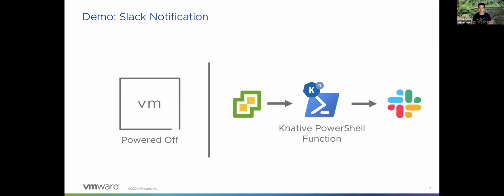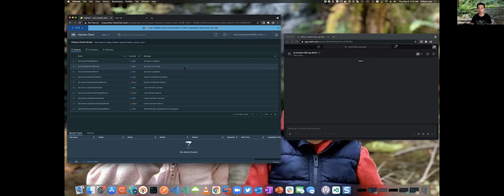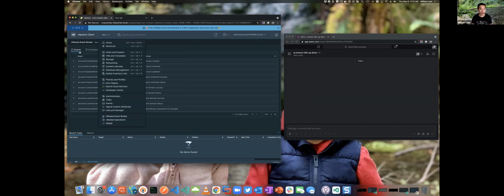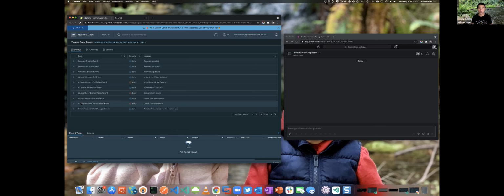One of the big questions we always get asked is, what are all the events? You talked about there being 1,800 events. What exactly are they? One of the things we wanted to make easily available to our administrators is this events tab. When you click onto this plugin, we have three tabs here. The first one is called events. You can see for this particular vCenter server, I have about 1,862 events. Your vCenter may vary, so this will be specific to your vCenter server.